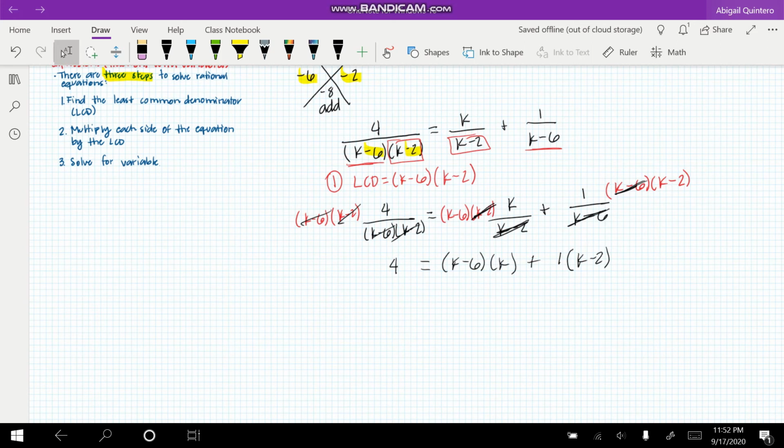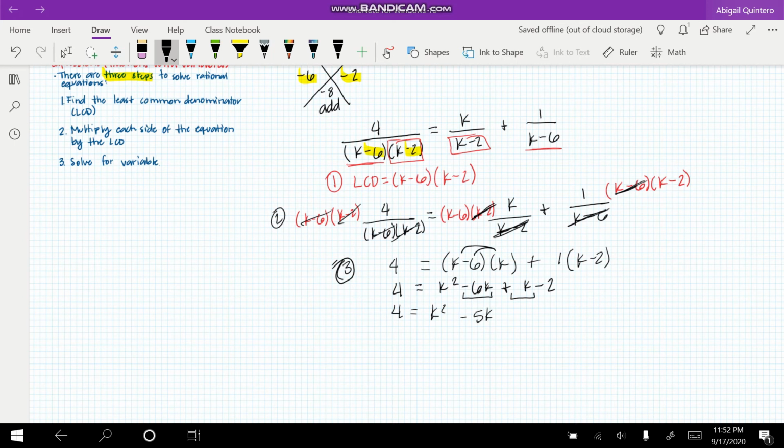So now that was step 2. Now we are on step 3, which is solving for the variable. So that means simplify as well. So k will multiply the k and the 6. So we have k squared minus 6k, and then plus k minus 2. So now I'm going to go ahead and combine the like terms. So negative 6k and positive k. So we have 4 equals k squared